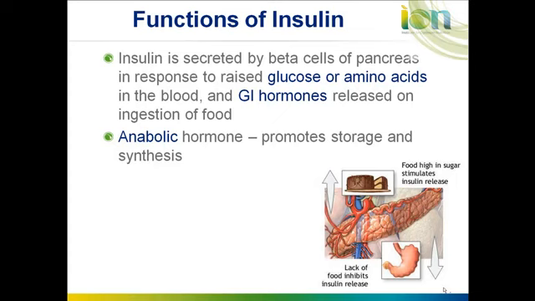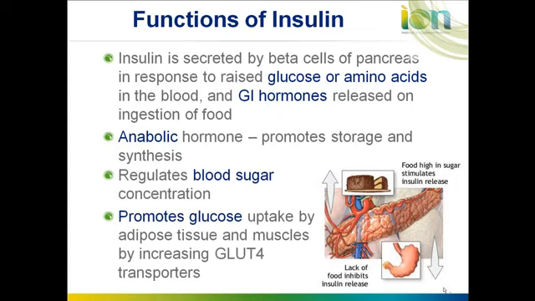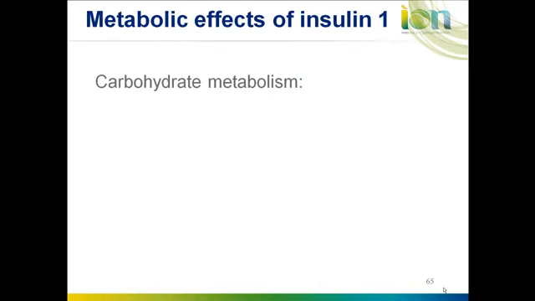Those which contain the GLUT4 transporters, notably muscle and adipose tissue, and a large amount of glucose is also taken up by the liver. Remember that insulin is an anabolic hormone. When we have an abundance of nutrients, we have an opportunity to build up or anabolize new molecules. So when we're in an absorptive state, when we're eating food, we have an abundance of macronutrients, then we have this chance to both build up stores of these nutrients, which in the case of carbohydrate is called glycogen synthesis,